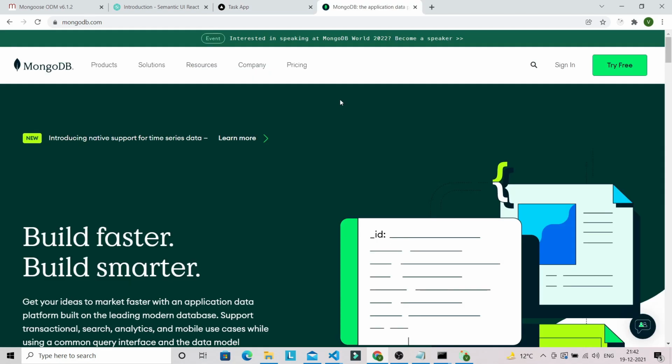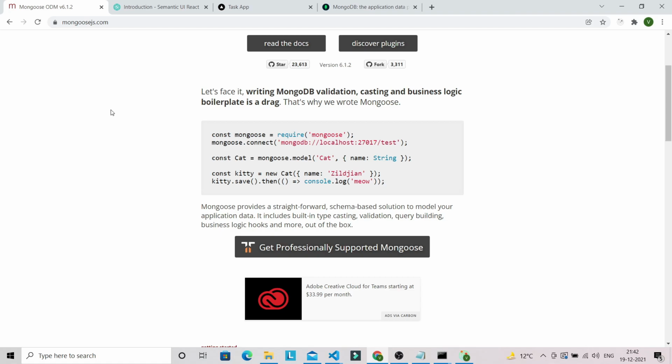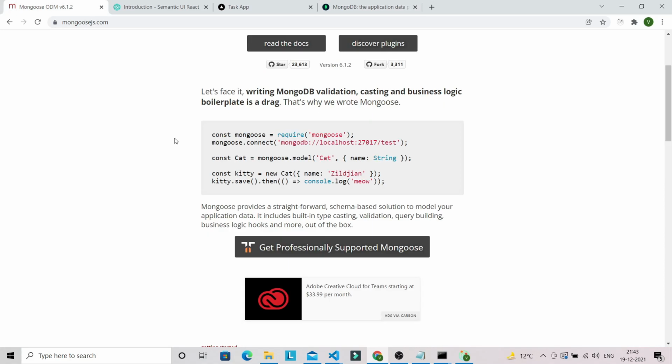So before I create a Next.js app, I wanted to inform you that in today's video, we are not going to use a cloud MongoDB. So we will be using this approach to establish a connection with our MongoDB. So basically we are not going to use cloud MongoDB in this video. So we are going to follow this simple and straightforward approach to connect with our MongoDB. You can see that we have a very basic setup to establish a connection with MongoDB. So we will be using this approach to connect with MongoDB in our Next.js app. So let's start creating the Next.js project, and we will establish a connection with MongoDB with this simple approach.